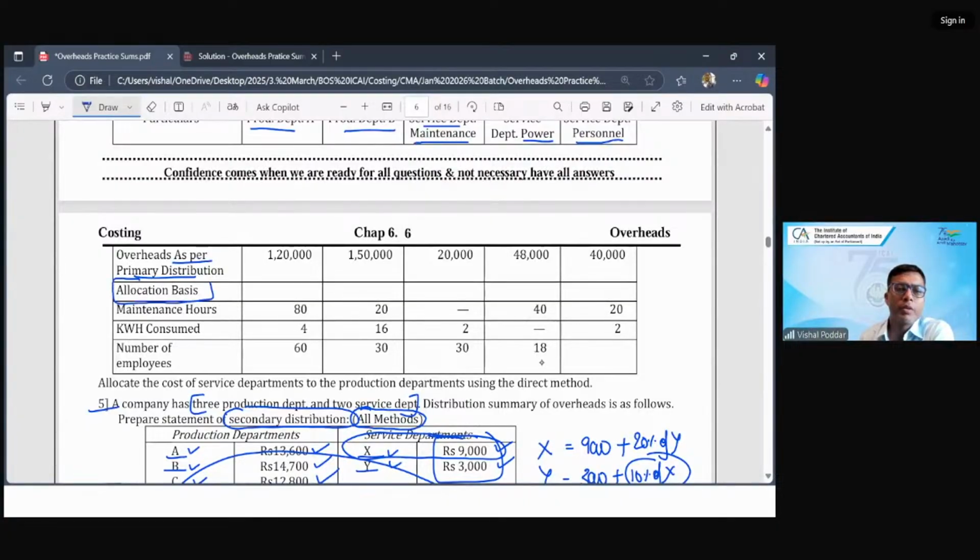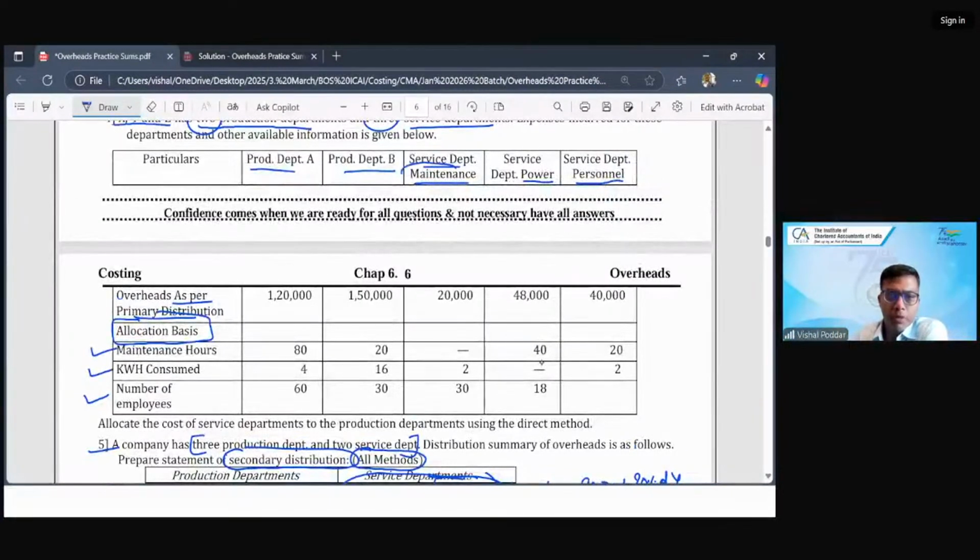So they have given you 3 different ratios. You will have to select which ratio is to be used where. Now, this will again require some judgment, but again, going by the names. The first department is doing maintenance. It is doing maintenance of what? Of machines of the other departments. So for maintenance service, we can use maintenance hours because this is the time it is spending on the maintenance of the machines of each department.